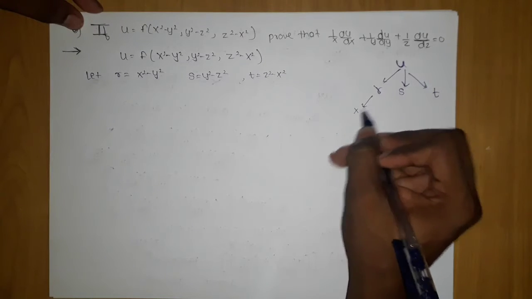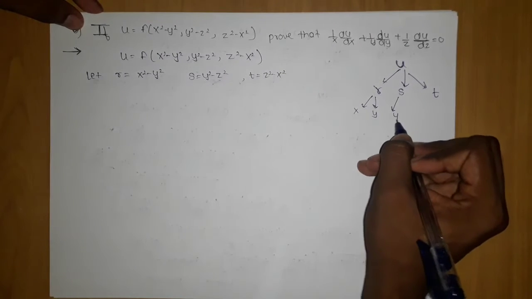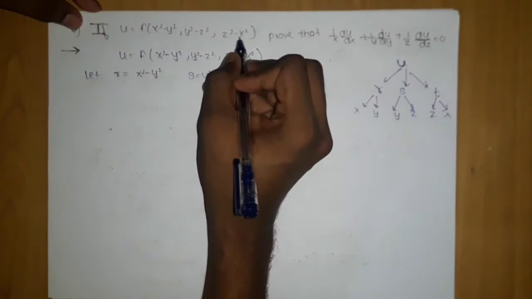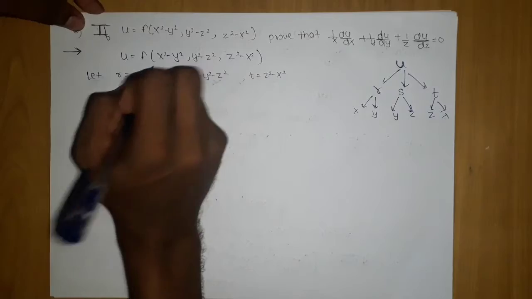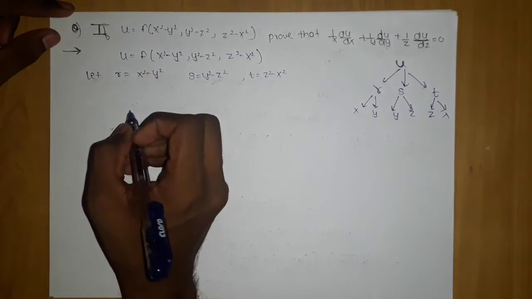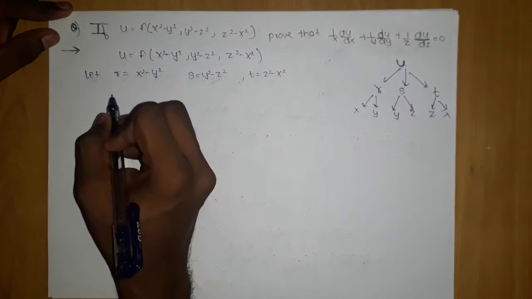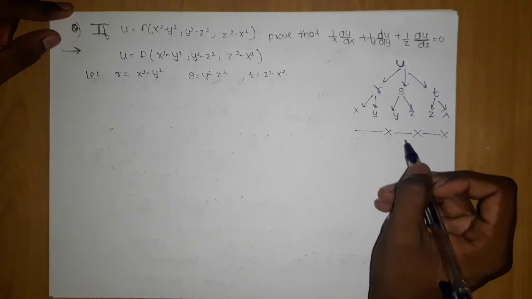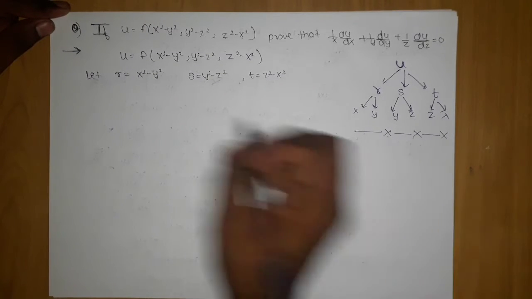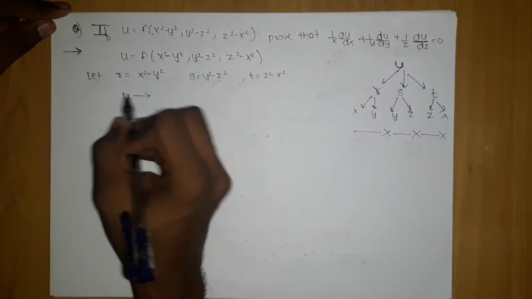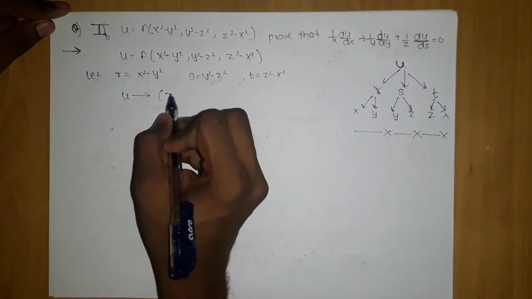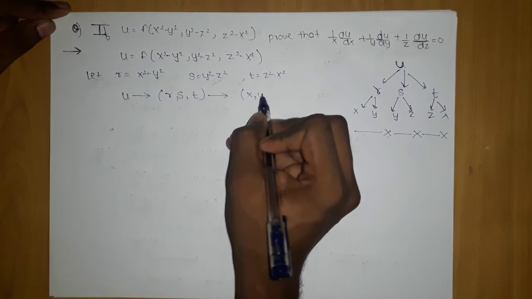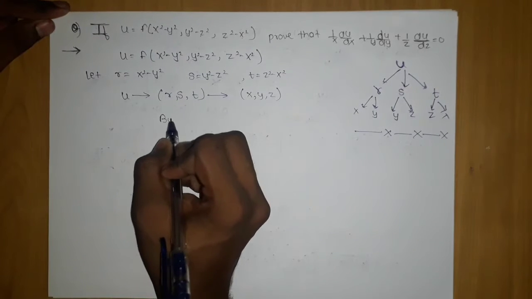Now r is a combination of x comma y, s is a combination of y comma z, and t is a combination of z comma x. You can see r has x and y variables, s has y and z variables, and t has z and x variables respectively. Now how we are going to proceed, we have to explain this chart. In examination you don't have to draw this, it's just for your understanding so that you don't make mistakes while applying chain rule. After drawing this chart only you will apply the chain rule. So after this you can write x, y, z. After this you have to say, by chain rule,